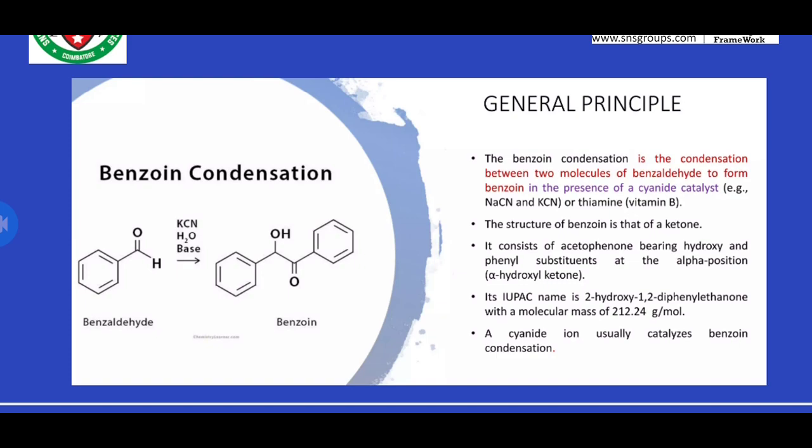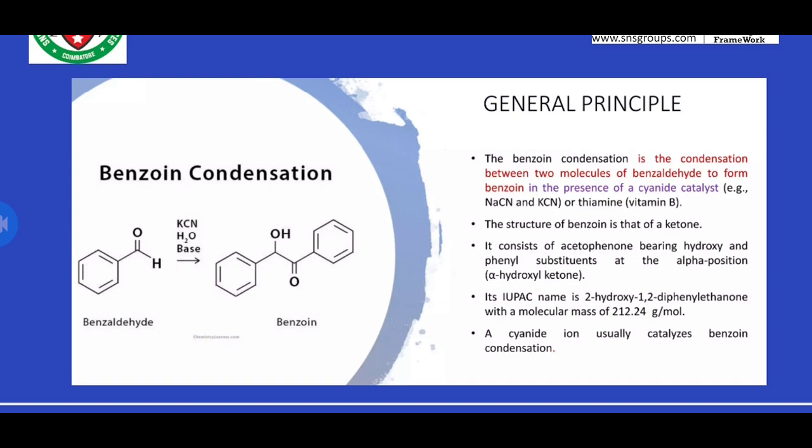So the product is benzoin. It is commonly a ketone. This benzoin consists of acetophenone with a hydroxy and phenyl substituent at the alpha position. So we can say it is an alpha hydroxy ketone. The IUPAC name of benzoin, that is the benzoin condensation product, is 2-hydroxy-1,2-diphenylethanone. It has a molecular mass of about